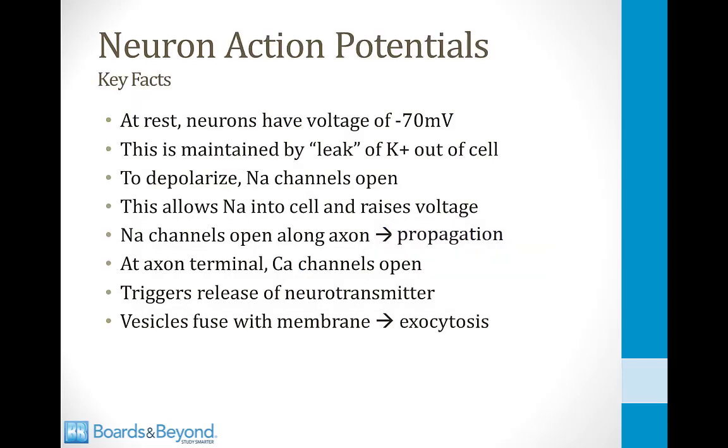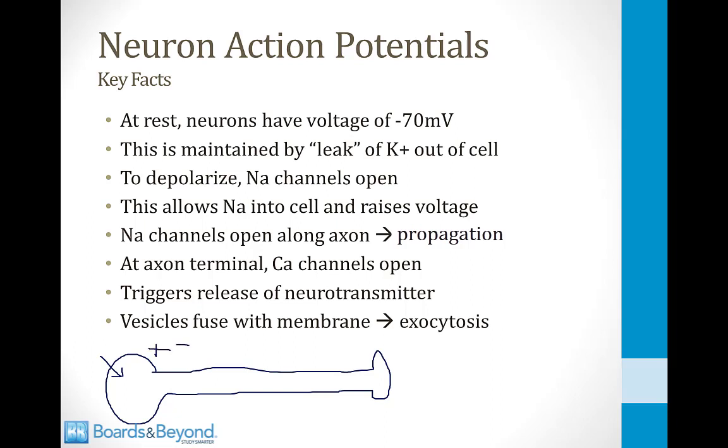So let's talk about neuron action potentials, and to do that I'm going to draw a crude neuron here with an axon and then a little synapse at the end. So when a neuron is sitting at rest, it has a voltage of negative 70 millivolts across the membrane. And what do we mean by that? What we mean is that outside the cell there are positive and negative charges, and inside the cell there are positive and negative charges. But the distribution of these is unequal,